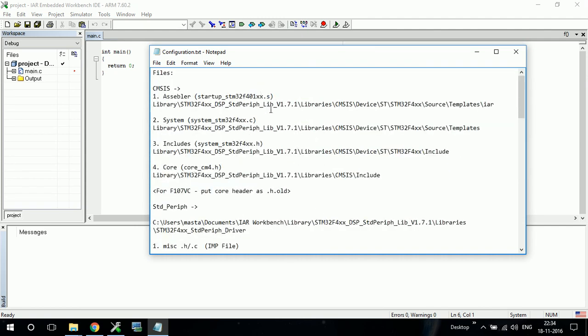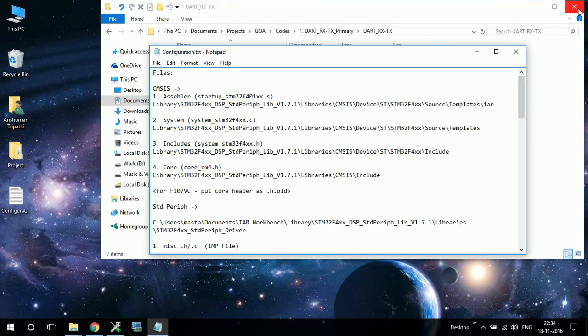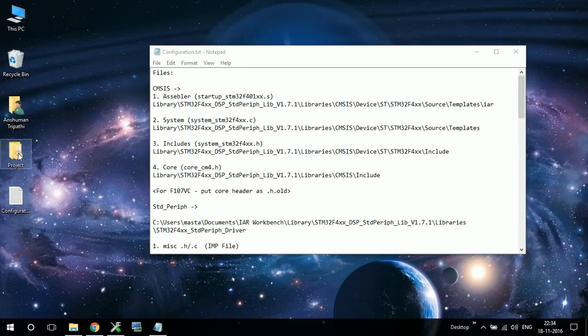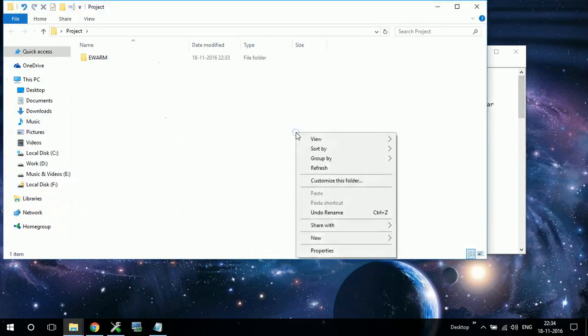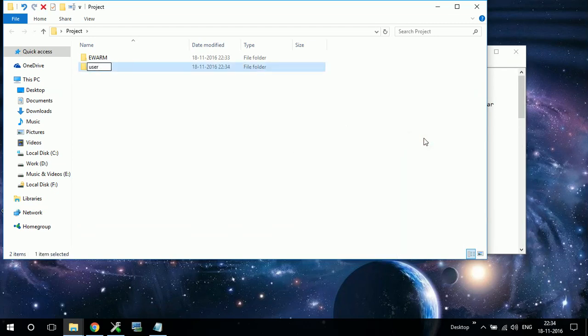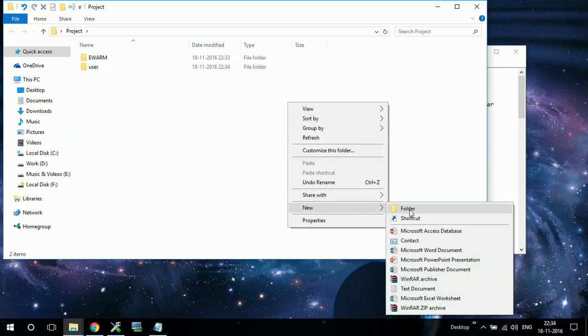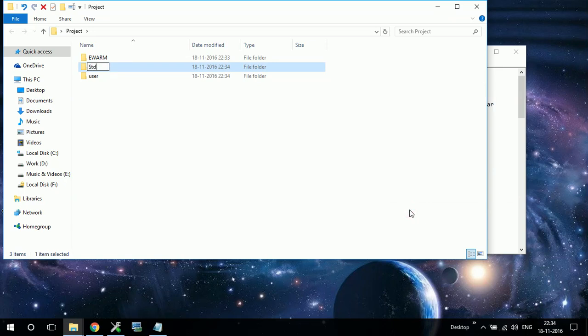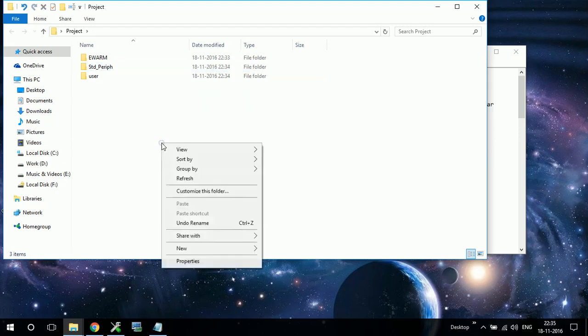Okay, so first we will add all the required files in particular folders. Let me minimize this, and I will go to project. Let me create some folders. First, a user folder. In this I will keep my main files and everything. Second, a standard library folder, or standard peripherals. Then